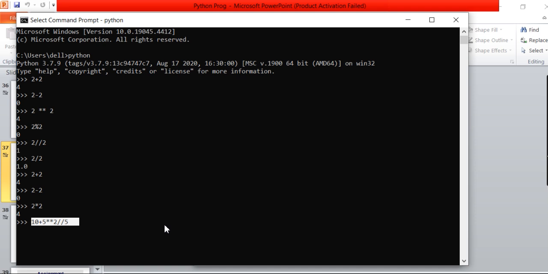As we already know, if there is more than one operator in our expression, it evaluates according to their precedence. Now in this case, there are three operators in our expression: addition, exponent, and integer division. Among all three, the highest priority is exponent, so it evaluates first. When it evaluates, we will get the answer 25.